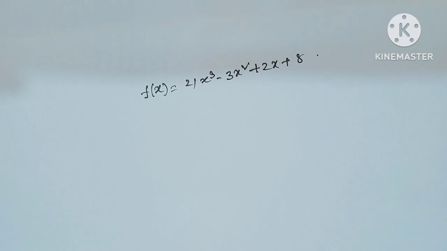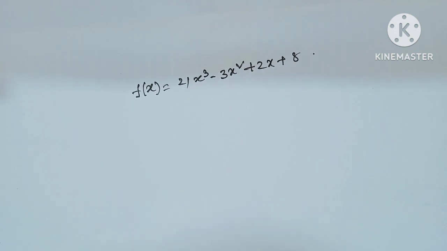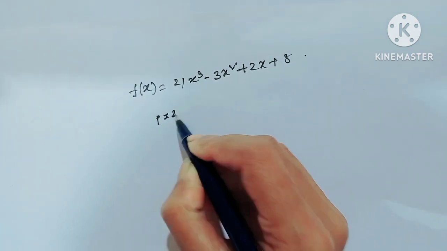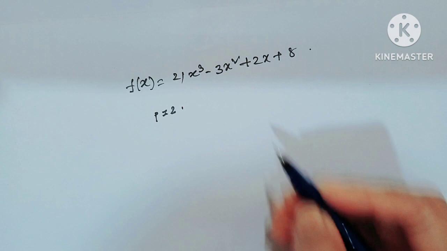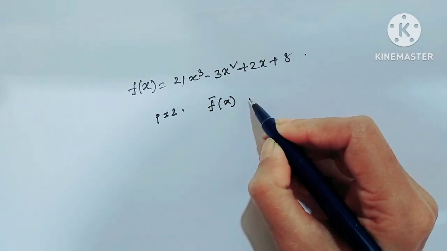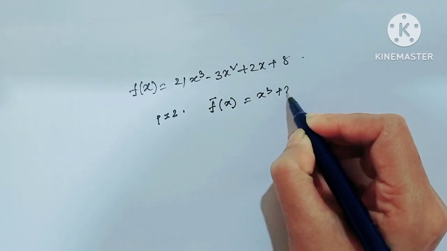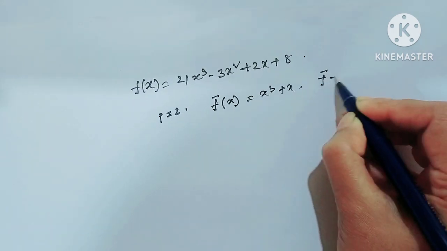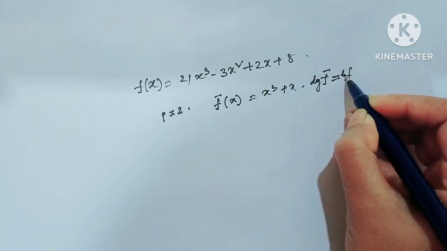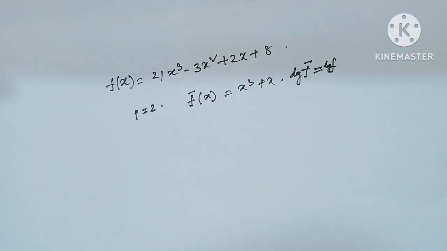Well, consider f(x) = 21x cube minus 3x square plus 2x plus 8. Is f(x) irreducible over the rational numbers? For this, at first consider the prime p equal to 2. Then obviously f bar(x) after reducing would be x cube plus x square, and since the degree of f bar is equal to the degree of f, we can apply